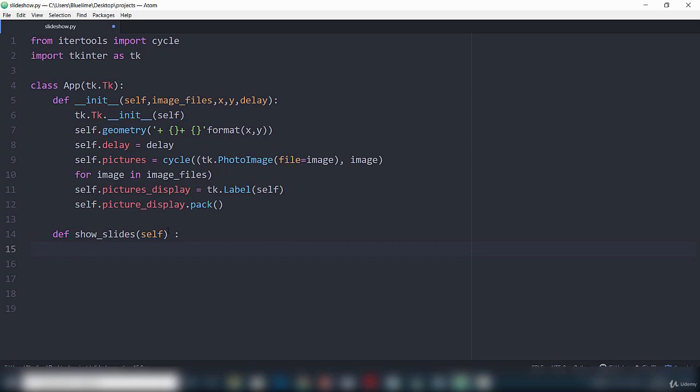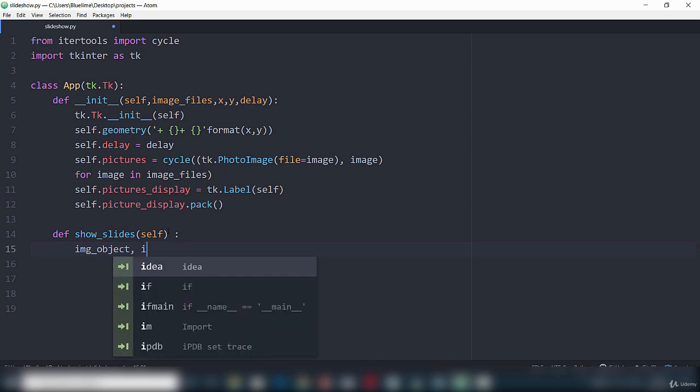I'm going to create a couple of variables. You can create variables on the same line, or you can split them on different lines if you want to. So I'm going to create a variable called img_object. That's the first one. I'll do a comma. If you're creating multiple variables on the same line, you separate them with a comma. The next variable name I'm going to add, I'm going to call it img_name,